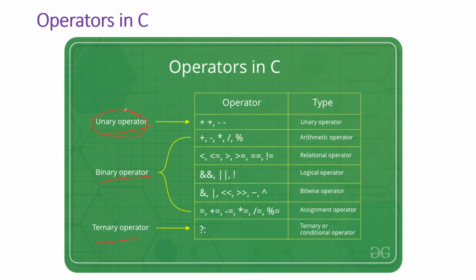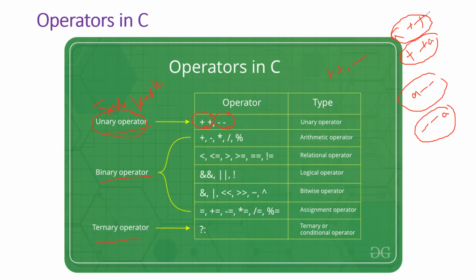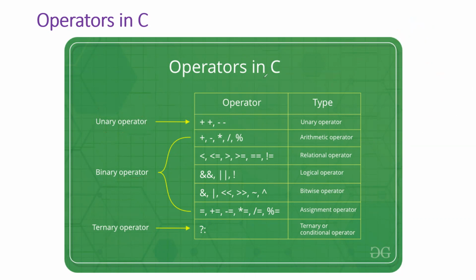Unary operators are the operators applied to only a single operand, that is, a single variable. Like you need to apply an increment operator or a decrement operator. Here, ++ and -- can be applied post the variable or pre the variable like this. This is called post the variable. Pre means before the variable. This is post increment, this is pre increment. Similarly, this is post decrement and this is pre decrement. And there is a difference between post and pre operators. We will see all of these things with examples.